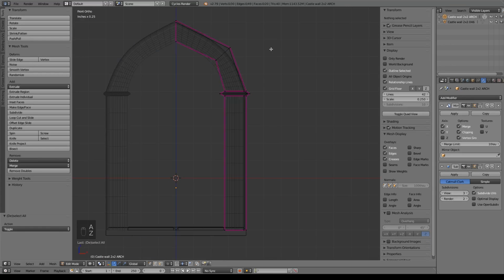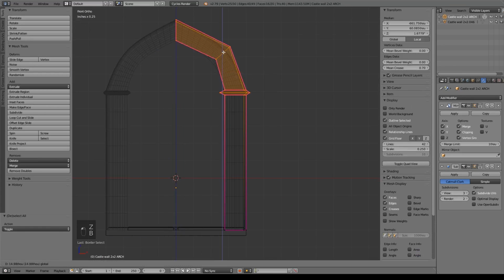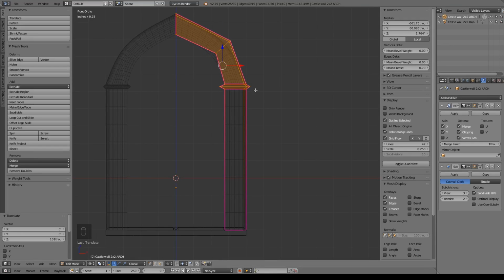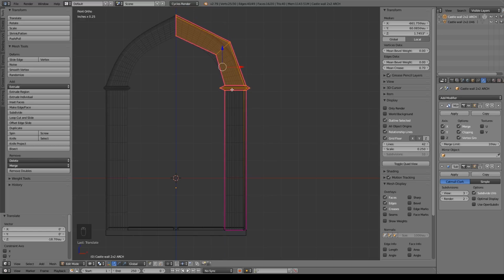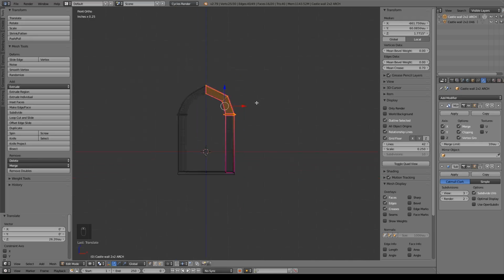So if we do A, just deselect everything, grab all of this, and we're gonna pull that above, maybe a little bit further than our 2-inch line, to make sure that it doesn't conflict with our walls that are going to be side by side with this arch. Now, of course, if you don't want to have this much taller than your walls, you can go ahead, bring everything down, that kind of thing, make sure it's flat. But I want my arches to be pretty dramatic, so I'm just gonna pull it above our 2-inch walls,